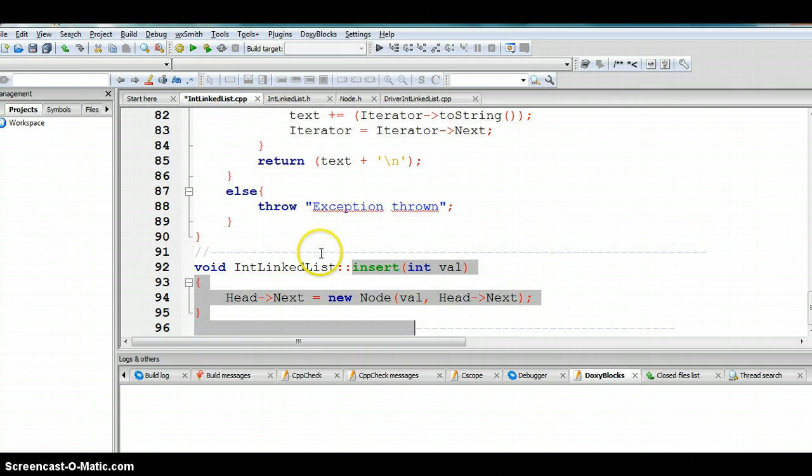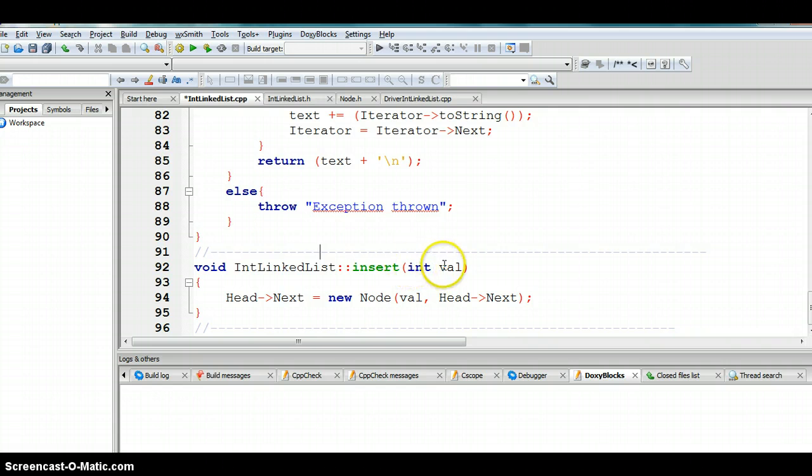If you go here, this is the insert function code. That function gets a value called val, and then this is just one line code. To the node class constructor, the value is passed, and whatever value of the head pointer is pointing to, whichever node is pointing to, whatever value is stored in the next field, that's actually passed to the node class constructor, and return value is stored back again into the next field of whichever node head happens